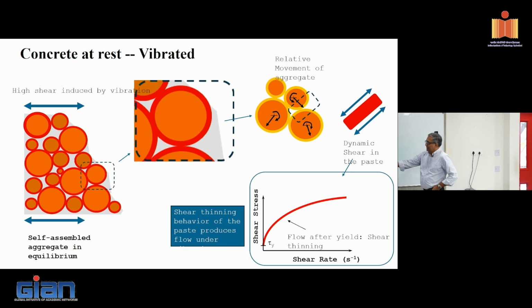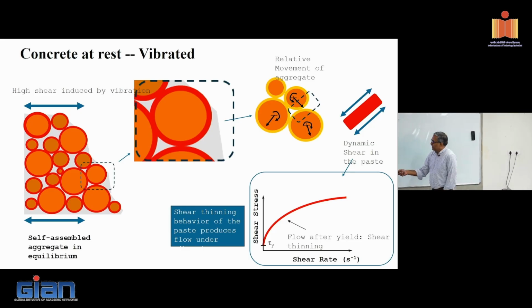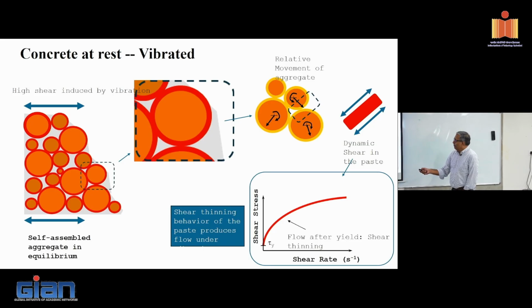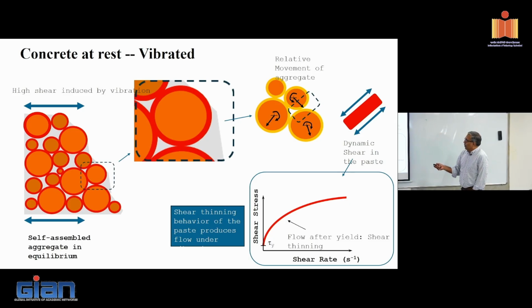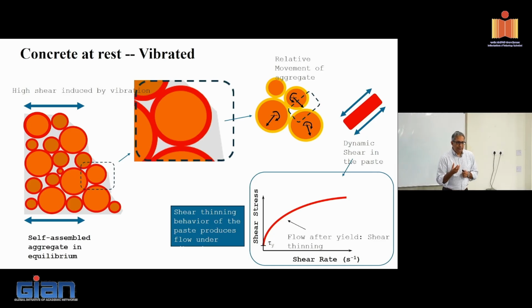Going back to my static condition here, this is an aggregate covered with the paste layer. Now, what happens when I agitate it? The aggregate will have relative motion. All the aggregate will try to move relative to each other. Each one of them is moving. What is happening in the process now when I've agitated? This paste layer between the aggregate is getting sheared, it's getting agitated, right? It's getting sheared in a dynamic condition. So what kind of condition am I creating in the paste layer here? It's like a dynamic condition, right?